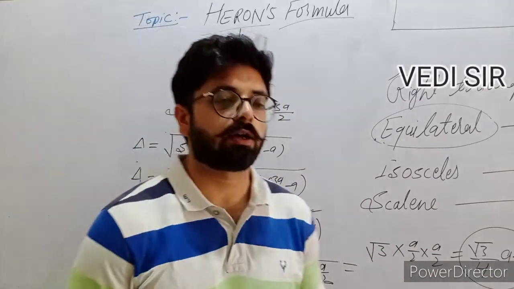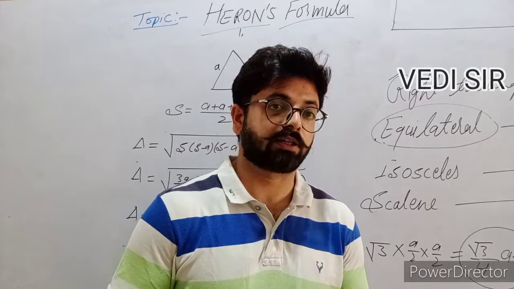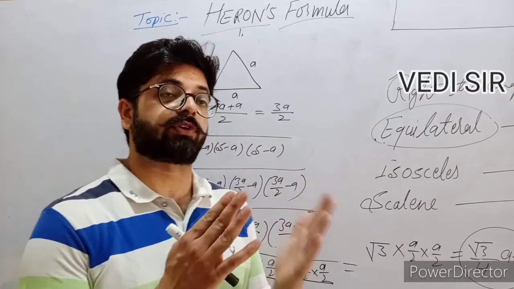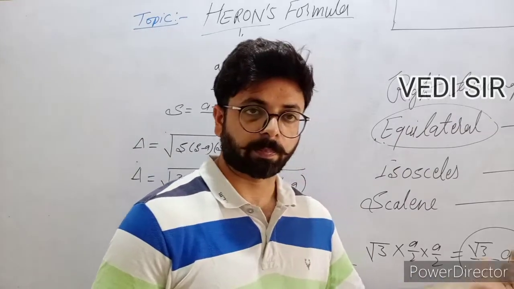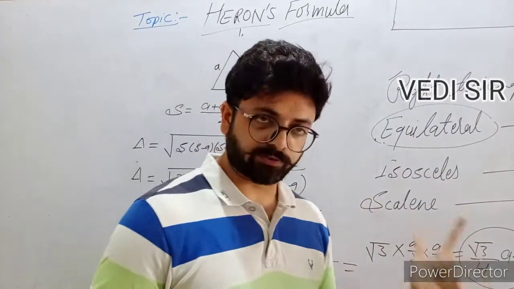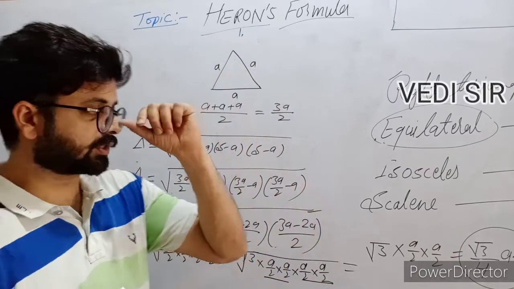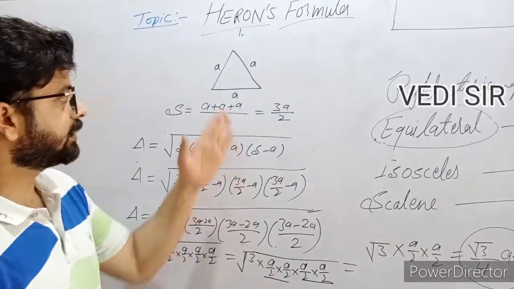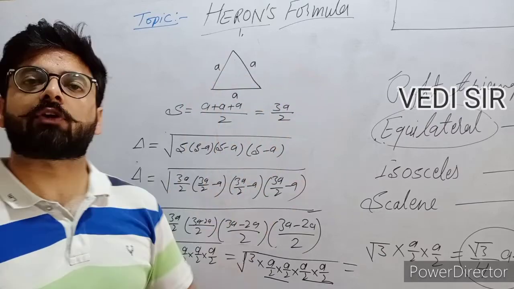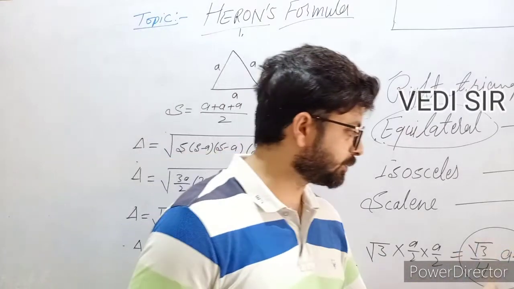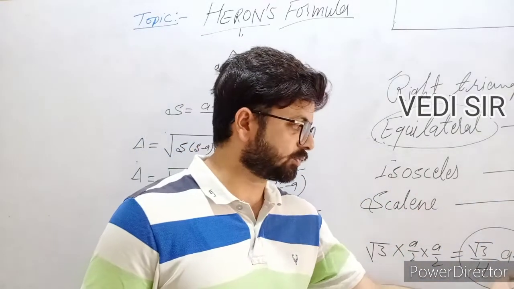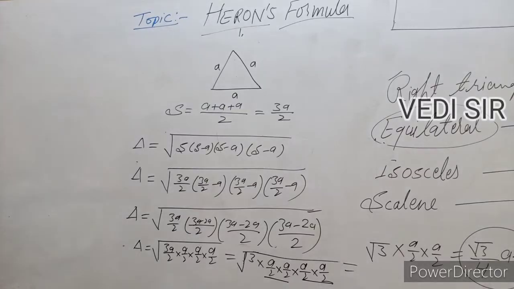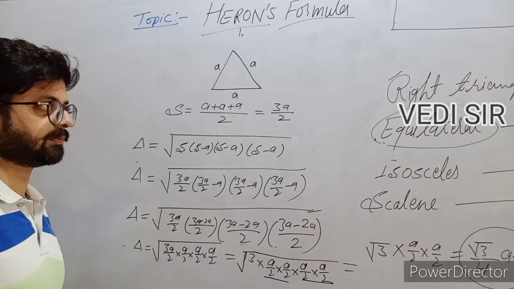But if you are thinking this formula is a different kind of formula, no, this is Heron's formula only. We got this formula from Heron's formula, so it's not a different kind of formula. In this type of question you can use two ways. One way is the Pythagoras theorem, then height, and then half of base into height, and another method is root 3/4 into side square. I think you should use this formula directly for an equilateral triangle. Now you note down, guys, this method, and this is one example also.